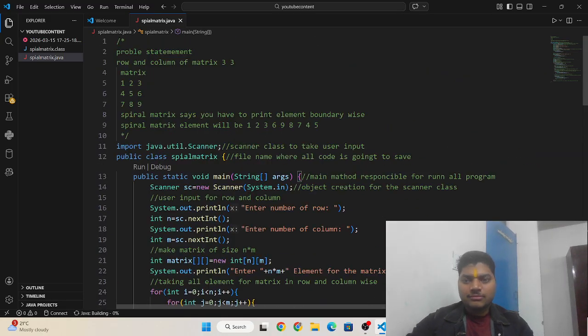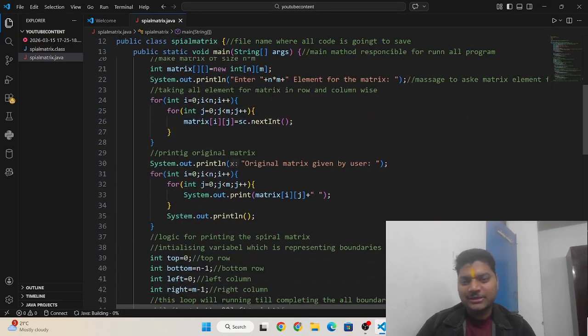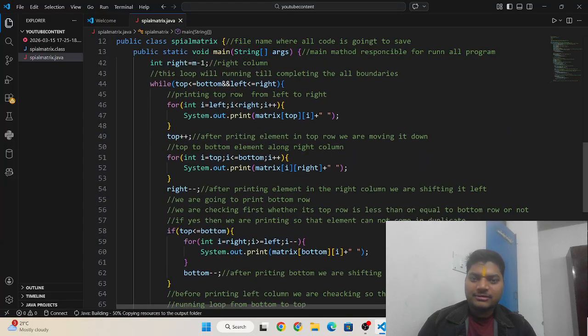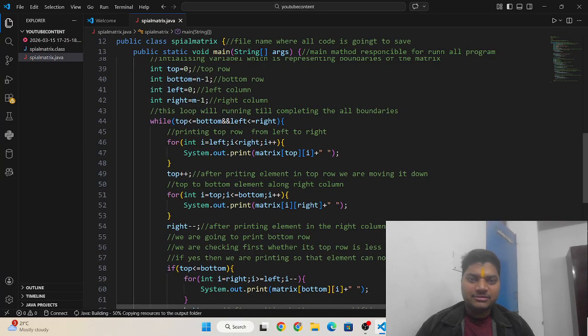And now guys, as I already said, we are done with all things: explaining the problem statement, writing the coding parts, and executing also. And in the last we have written a comment for each line, each snippet, so that your understanding will be better, and you can learn this topic here in one go, so that you need not waste your time in other tutorials for one question only.